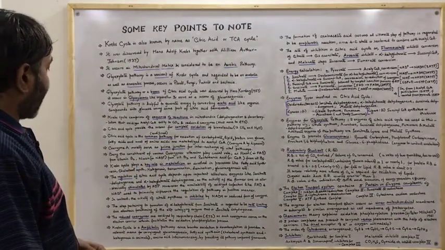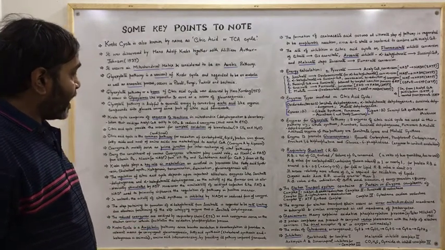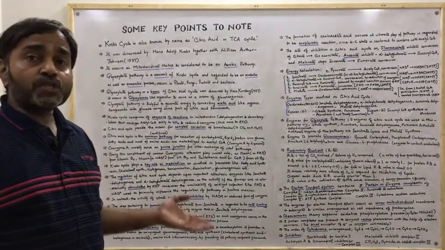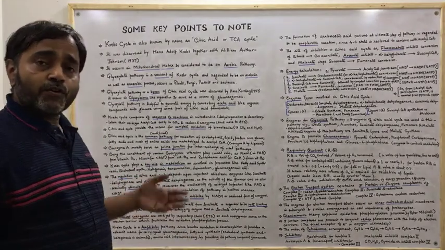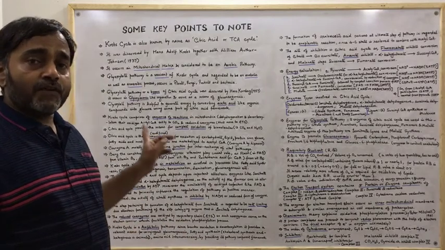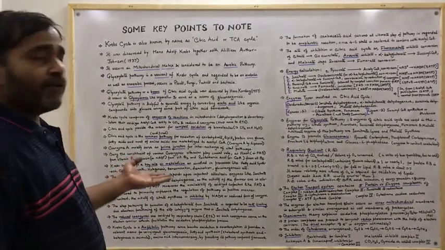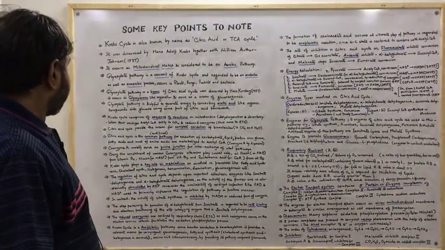In contrast, the activity of citrate synthetase is inhibited by NADH, that is the reduced form of coenzymes. So now you might be aware of the fact that the reduced form of coenzymes will inhibit the activity most of the time. So it is evident from here. Now what is the next point?